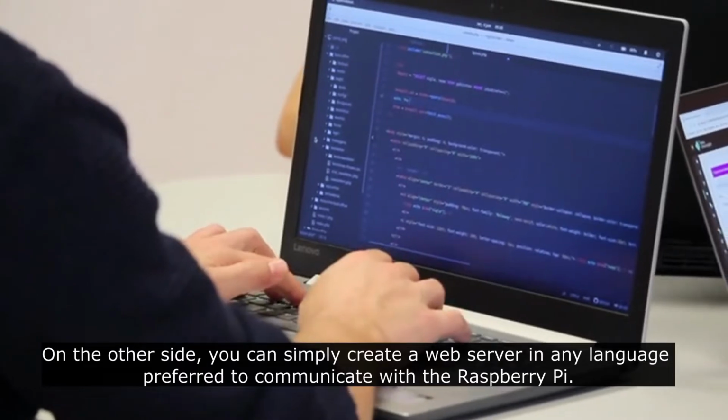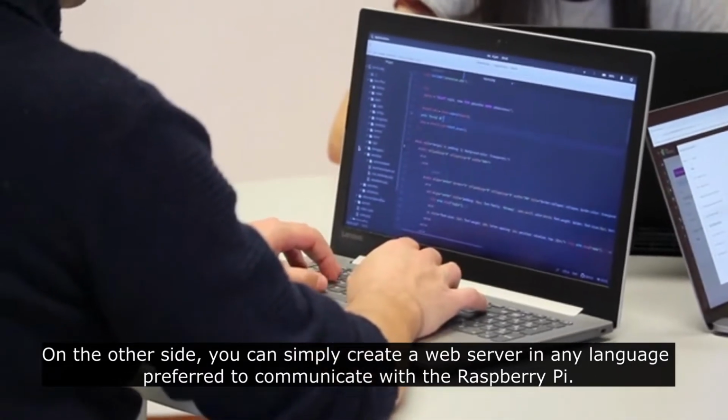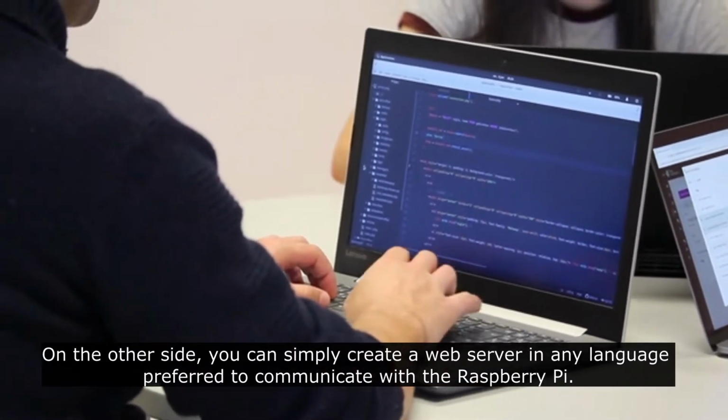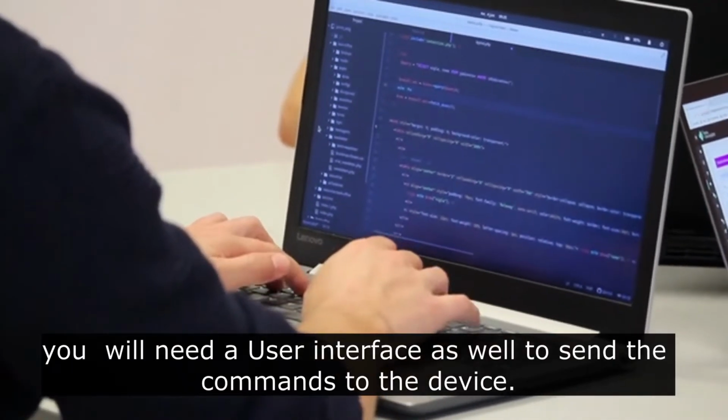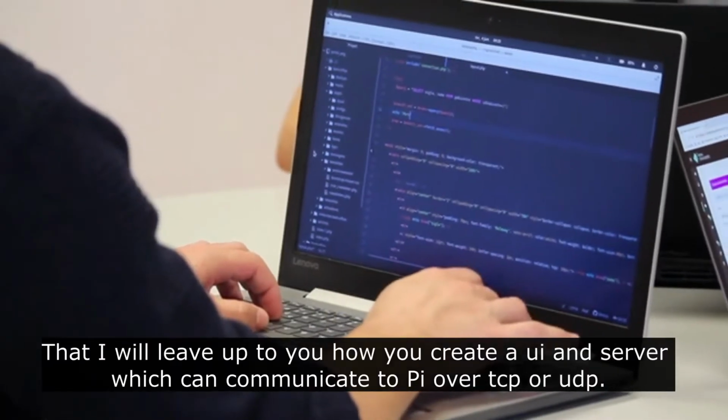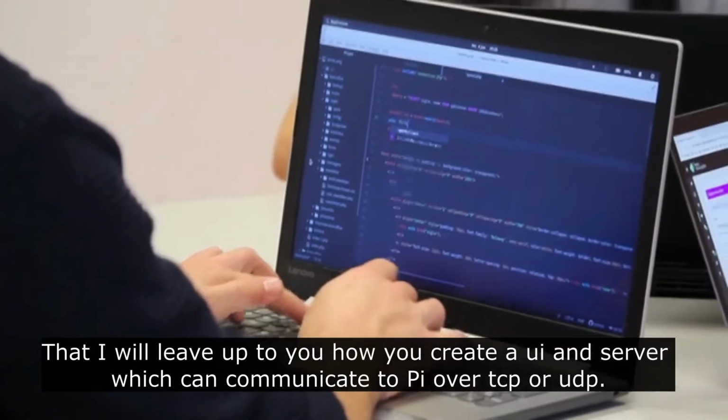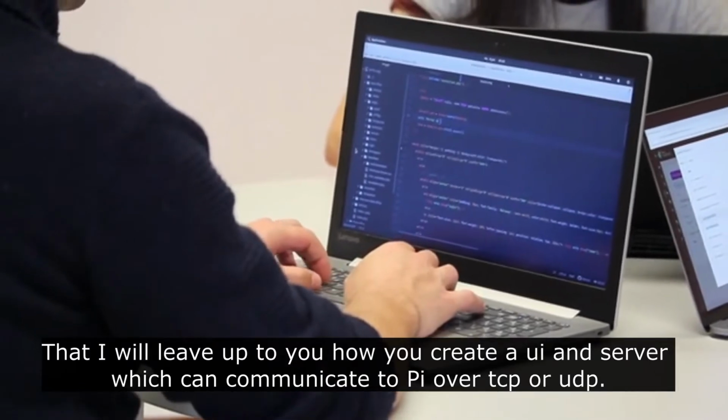On the other side, you can simply create a web server in any language you want to communicate with the Raspberry Pi, and you have to create a user interface as well to send the commands to the device. So that is all. I will leave it up to you how you can create a UI and server which can communicate to Pi over